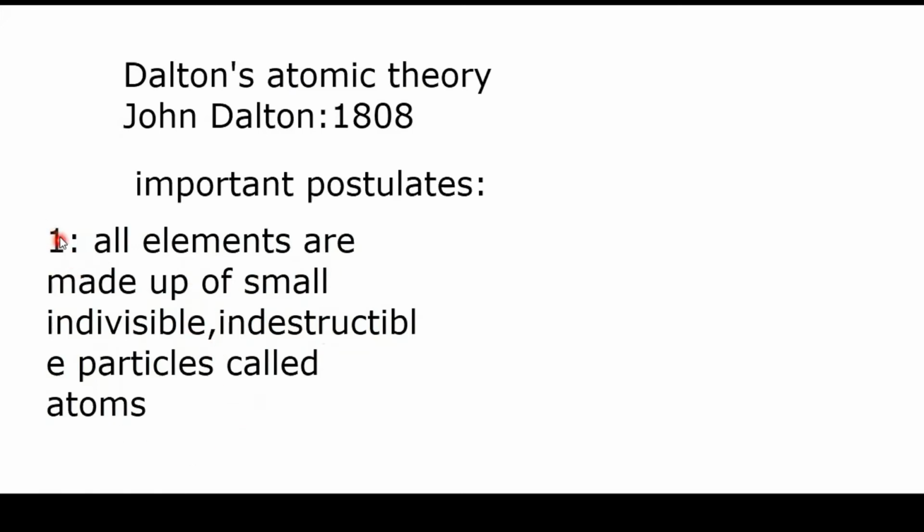In this one, all I want to say is that atoms are way too small, so small that we cannot see them with our naked eyes. But on the other hand, he's saying that they are indestructible and indivisible. Another thing he was trying to say is that elements, and even the smallest thing, are made up of atoms. They are way too small, we cannot see them. So now coming to the second one.